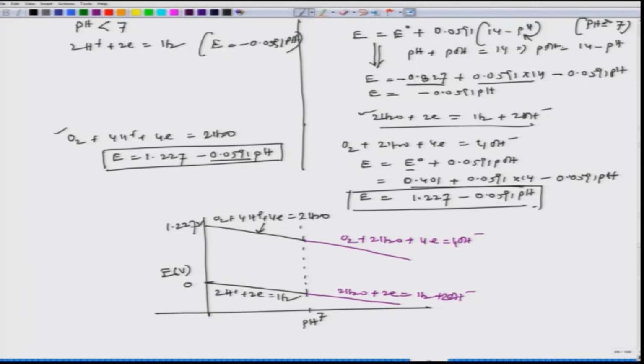Now, these four lines are to be clubbed with the nickel Pourbaix diagram, the nickel lines, and then it will be a